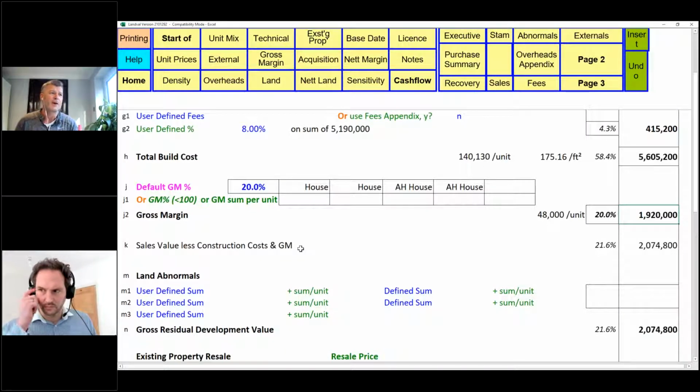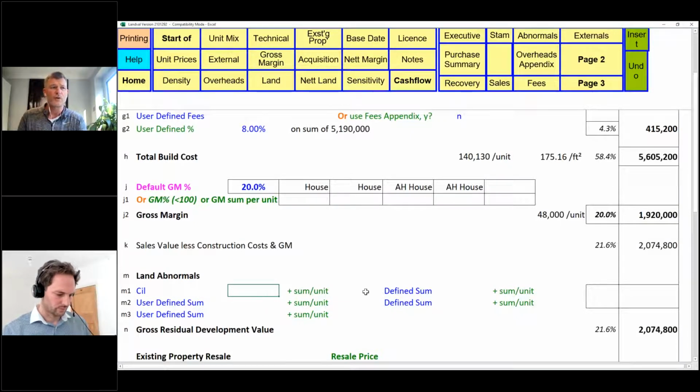So sales value minus our construction cost and our gross margin is giving this value. Land abnormals: there's an array of things that can happen through the planning process, whether it's section 106, CIL, SPAs, lots of things. You can put them in here. If it's CIL, it's either a lump sum or you can do it by unit.